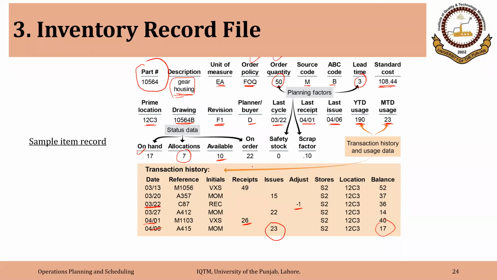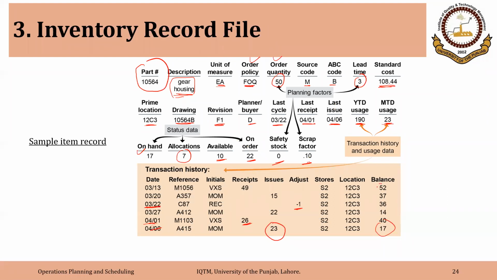And there are 20 on order. The 22 components are on order that we have not received. There is no safety stock that we are maintaining for this item, and the scrap factor is 10%. So whenever we have to order, we order 10% greater. So for example,